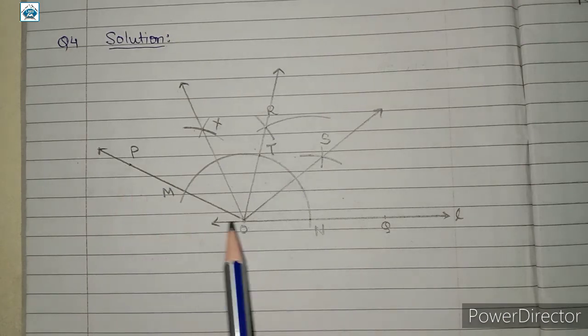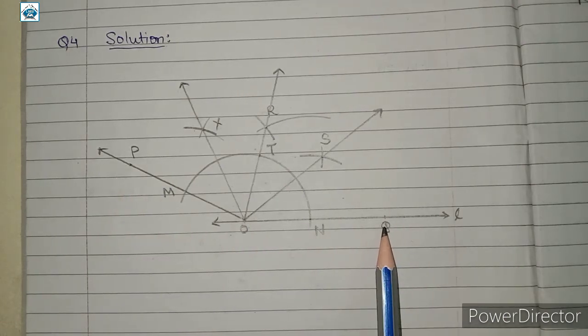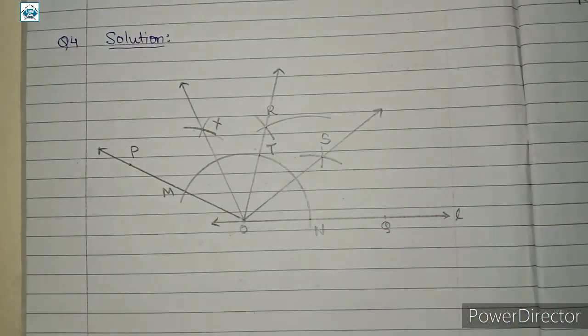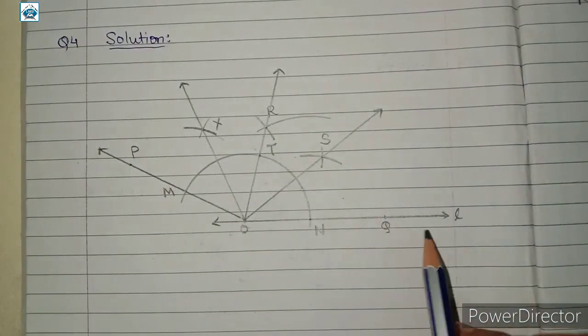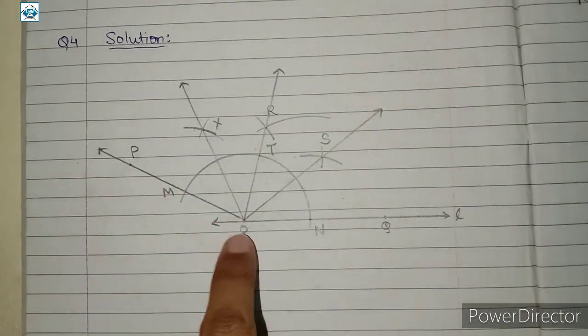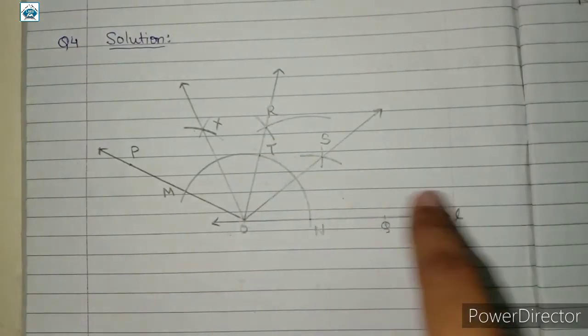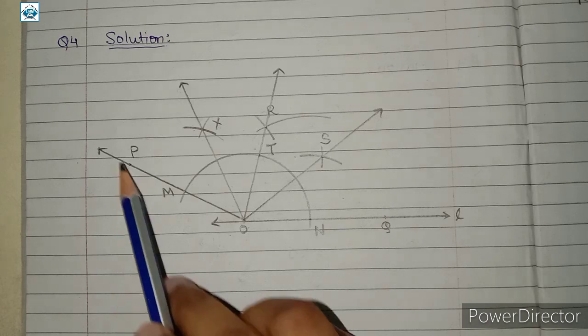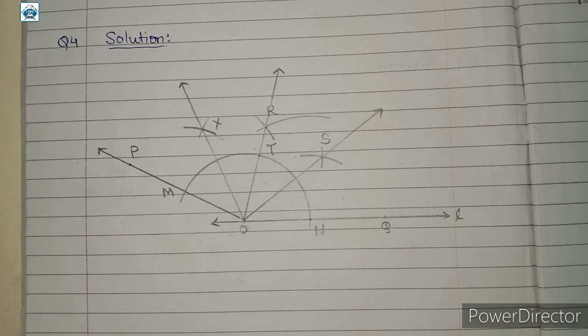So यहाँ पे POQ जो original angle था जो हमने draw किया था 153 degree का, उसको हमने 1 2 3 4 parts में divide कर दिया है, and these 4 parts are equal, 4 angles are of equal measure because this was the bisector of angle POQ, यानी 2 equal angles हमें मिल गए POR and ROQ. अब इनको हमने bisect किया है तो हम लोगों को 4 equal parts ही मिलेंगे of angle POQ. So यहाँ पे we got 4 angles, that is we have divided this angle of measure 153 degree into 4 equal parts.